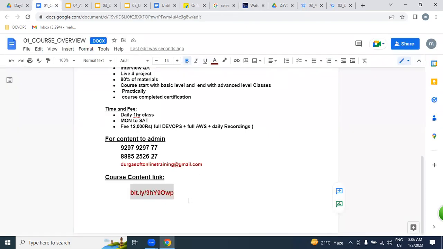There is access. After this session, when you have free time, please look at this: what we are going to be discussing in DevOps, and what we are going to be covering in AWS. Please look at it once. I am going to share this information in the chat box. Please make it known. Online students, please copy paste it in your notebook somewhere else, for further communication.